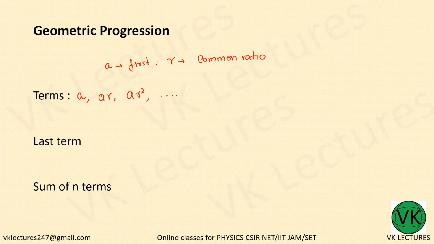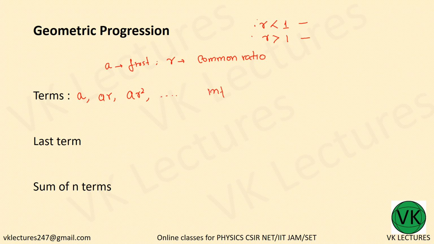Sometimes this r can have two values: either it should be less than 1, or r can be greater than 1. Just remember this, we may use this condition later. Now this geometric progression is an